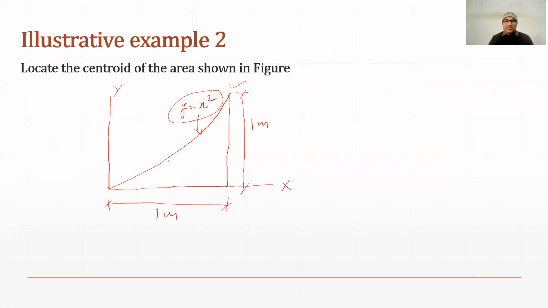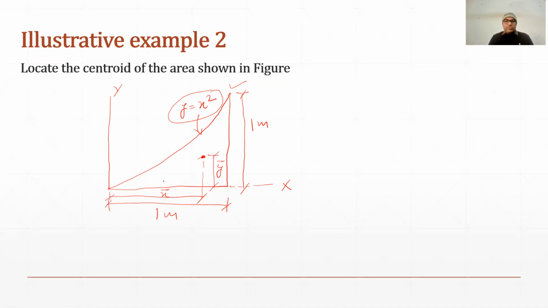So in this case, our first step would be to choose the differential element. Now in this case, as this is an area, generally we choose a differential strip which will have thickness dy or dx. So we can locate the centroid of this area. The centroid of this area will be somewhere around here, and we need to find the coordinates of this point. The coordinate with reference to the y-axis will be x bar, and with reference to the x-axis it will be y bar.